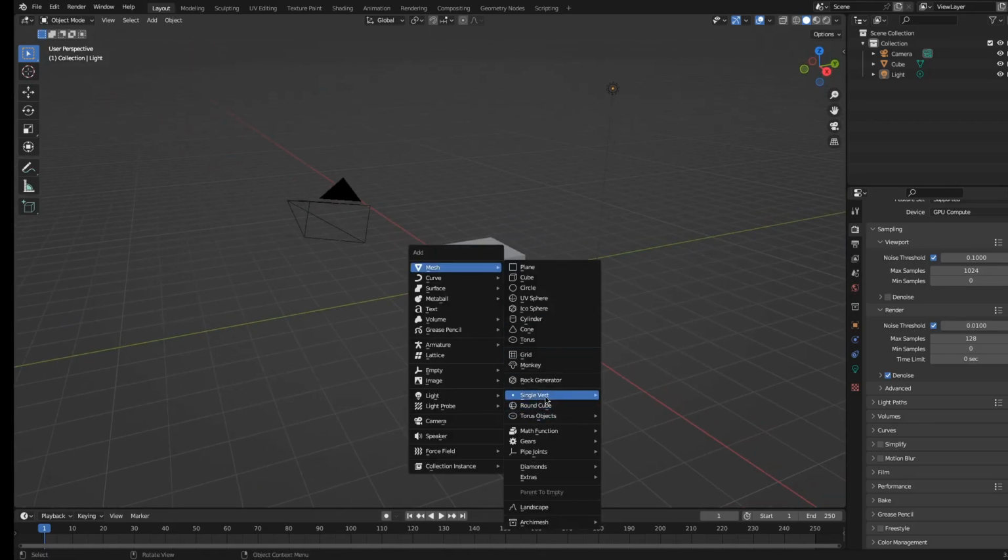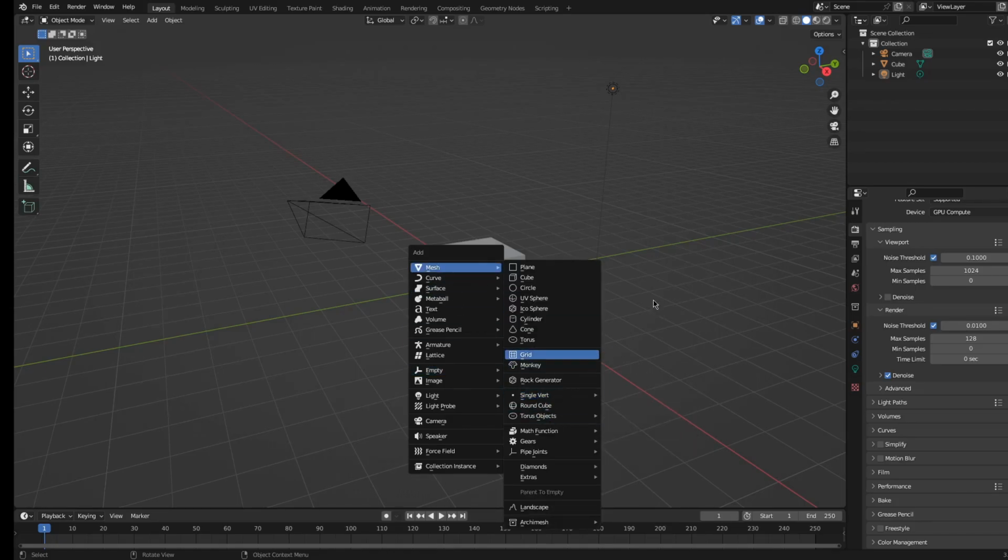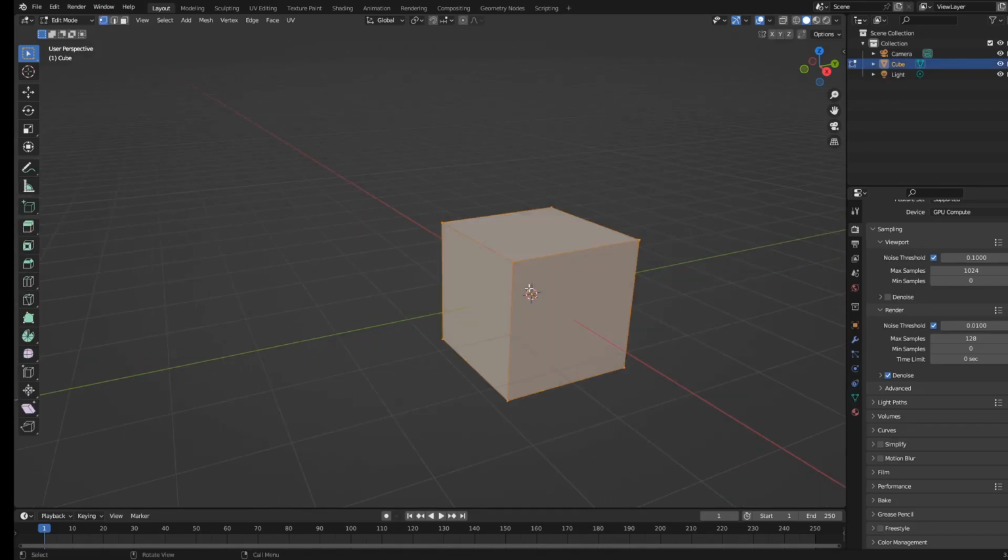And with Extra Objects you get single verts, round cubes, torus objects, math functions, gears, and pipe joints. You also get some things like beam builder, wall factory, simple star, all of these, which is really helpful, especially with the single vert, if you just need to, instead of having to delete all the vertices on a cube like this,